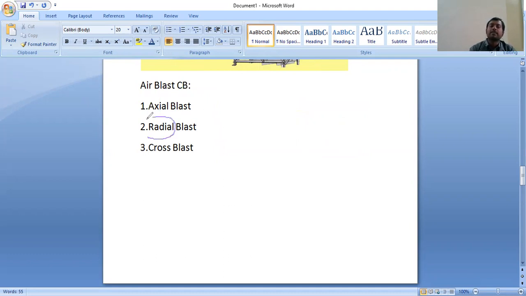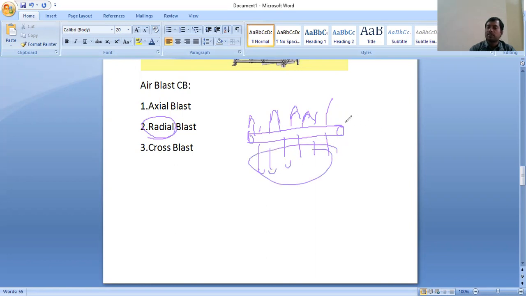And radial. So what is radial? For example, if we take a fluorescent lamp, whatever light glows, the light waves go away from that lamp. This is nothing but radial. So along this axis is axial. Away from that axis, exactly 90 degrees to the axis is called radial. So this is radial and this is axial.